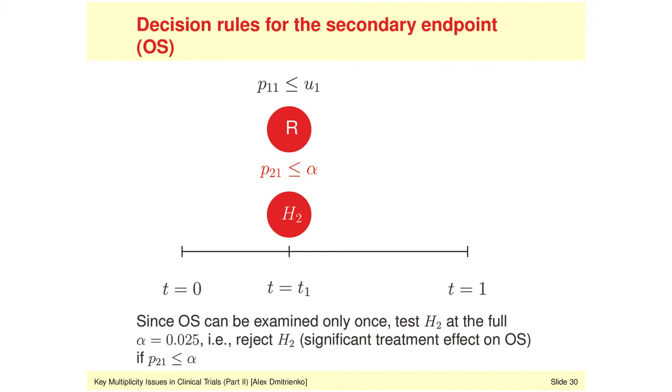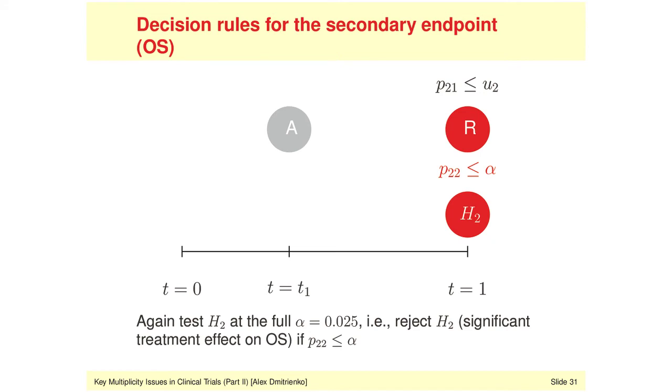which means that, as you can see on the slide, the p-value p21 will have to be compared to the full alpha level, and we're going to reject the hypothesis H2, and we're going to claim a significant treatment effect on overall survival if p21 is less than or equal to alpha. Of course, this set of rules that we define on slide 30 assumes a positive effect on progression-free survival at the interim. If this is not the case, and if the PFS null hypothesis is actually accepted, which is shown on the slide by a gray circle with the letter A, which of course stands for accepted,